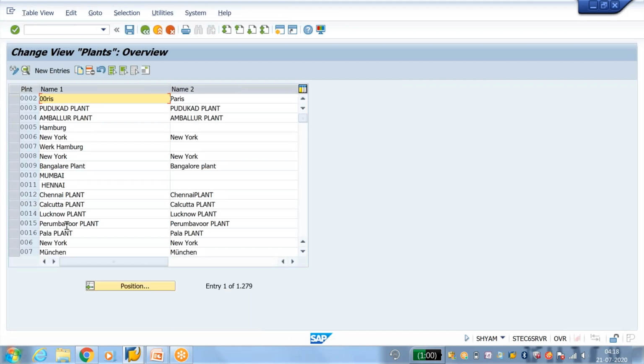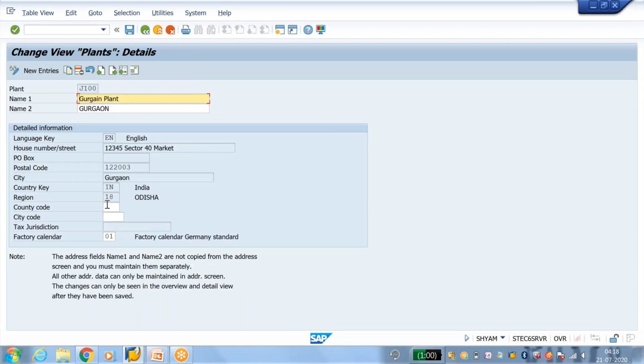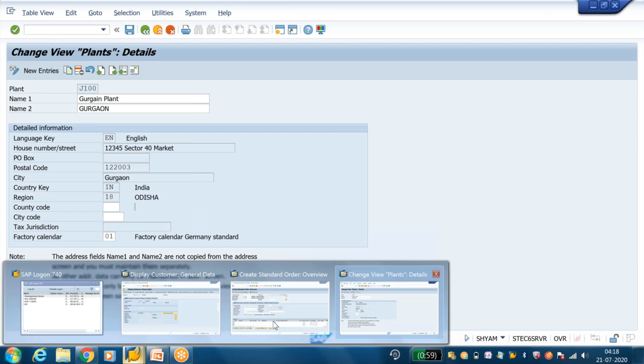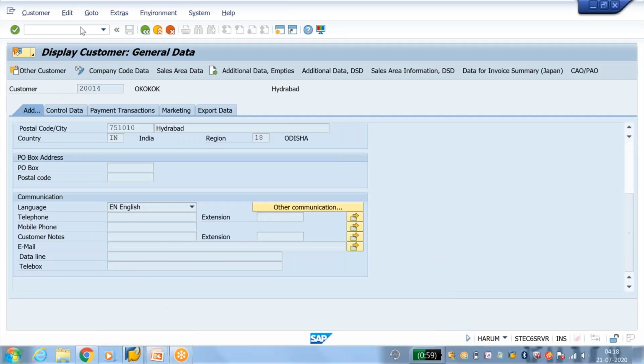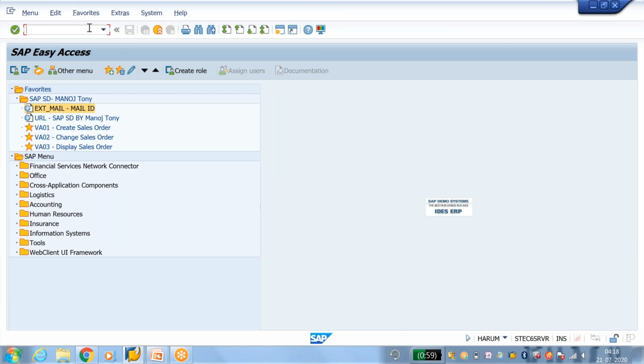I'll go to the plant creation transaction code, that is OX10. My plant code is J1. Then I have changed it and I have opened that transaction code. Then I moved out, means I am idle. Now this is Syam. Syam is doing some changes in the server for the plant. At the same time Haramraj wants to do some changes in the plant. So he wants to use the OX10 transaction code. Now OX10 is blocked by Syam, another user. So how to close Syam's transaction?